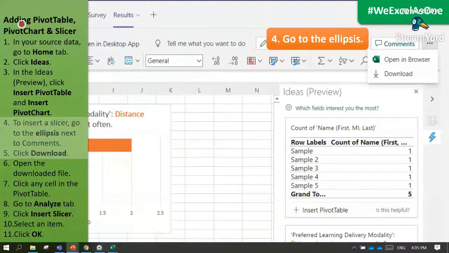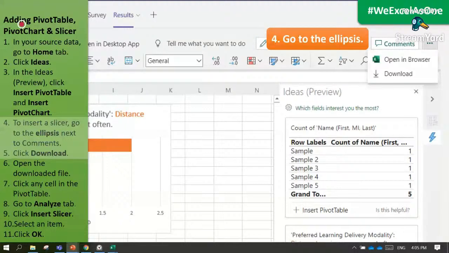To do that, you have to go to the ellipsis as the fourth step. Where is the ellipsis? That is found beside comments, and then a drop-down list will appear for you to click on download, for you to download this workbook and open it in a desktop application.